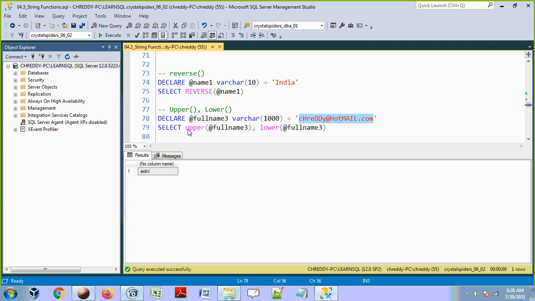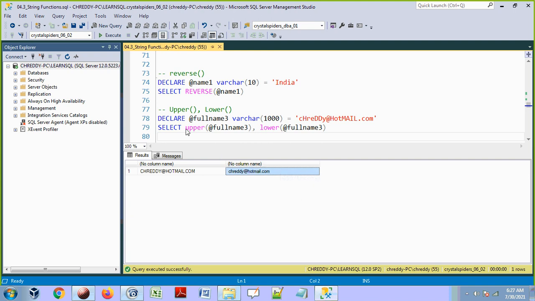When we apply the upper function, all characters will show in uppercase. When we apply the lower function, all these characters will show in lowercase. So let's execute. See that now here guys. All characters are showing up in uppercase, and this is showing all characters in lowercase.